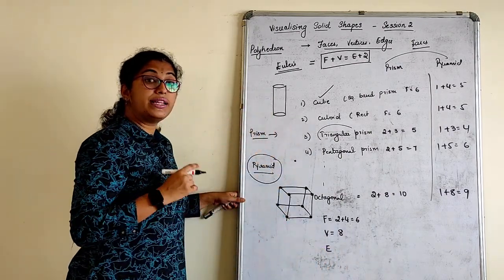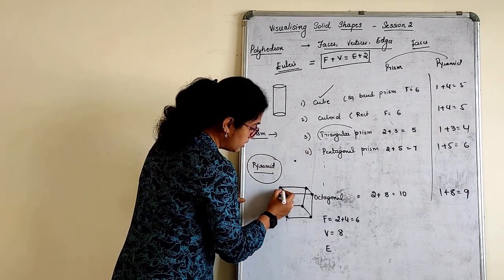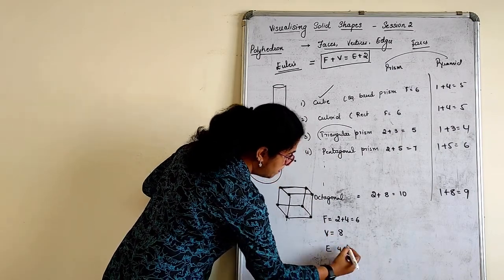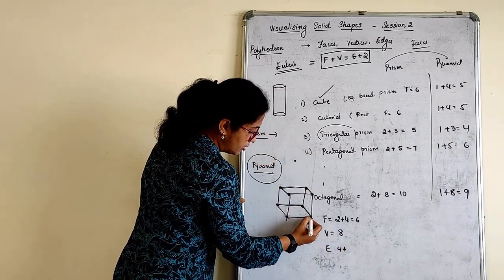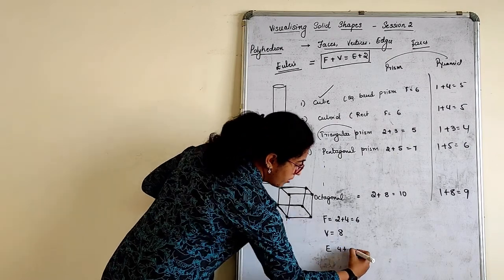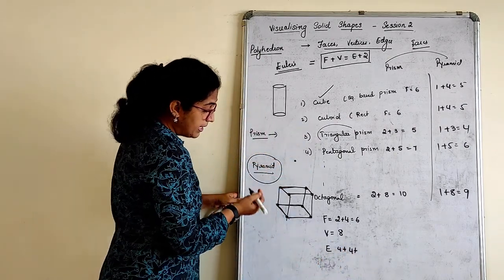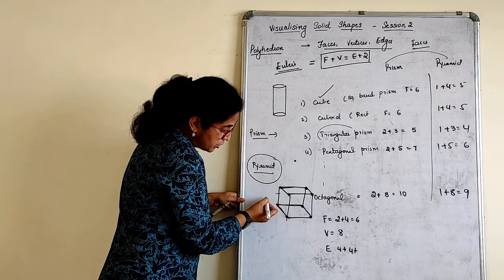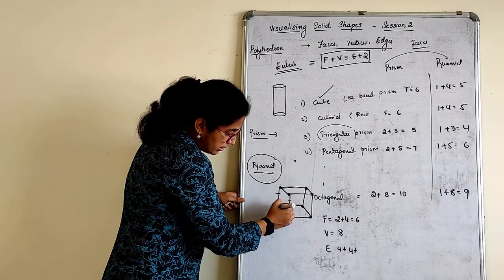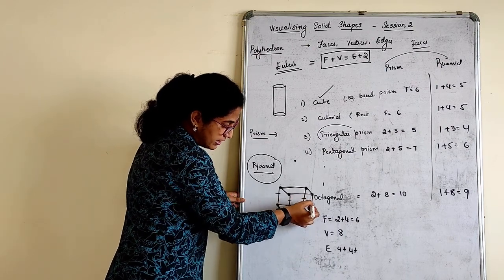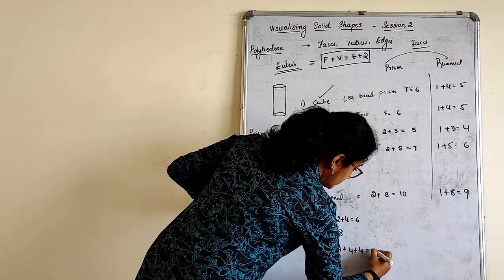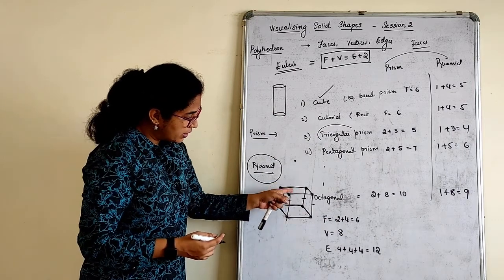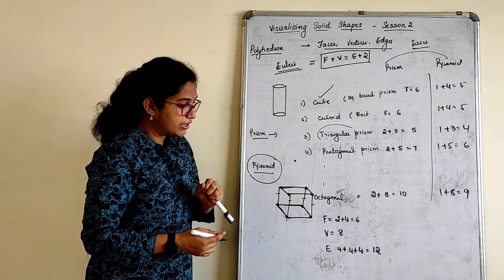Edges are the line segments where the vertices meet. Count. 1, 2, 3, 4. 4 plus, here also, 1, 2, 3, 4. Plus 4. Now the remaining, you should not count them once again. 4 more, count this. I'll just put a dash mark. 1, 2. This part is already counted as a square. 3, 4. Right? That is how you actually count. See, these 1, 2, 3, 4 are counted here. 1, 2, 3, 4 are already counted here.